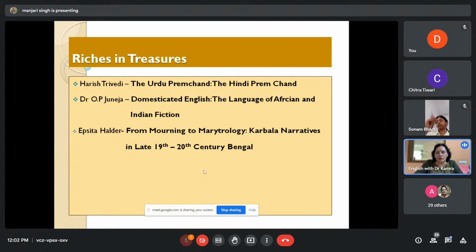From mourning to martyrology, Karbala narratives in late 19th and 20th century Bengal. Karbala narrative. See, I tell you, I had a student. This is a very interesting contribution that one of my students had made. I think Chandan will be able to recollect this. When we were working on